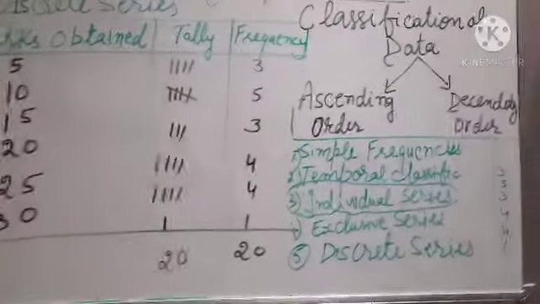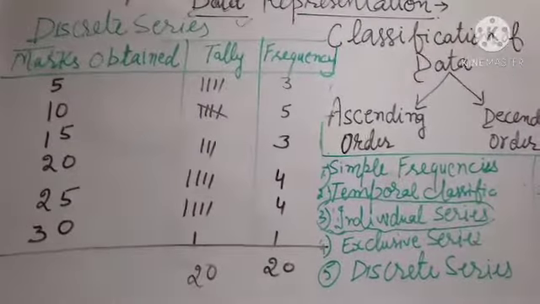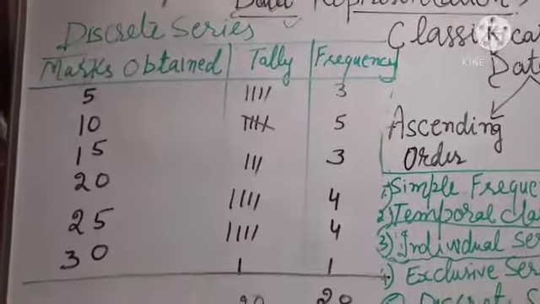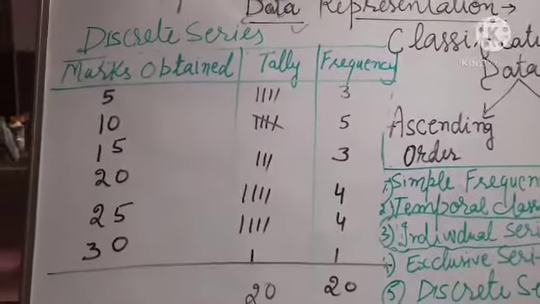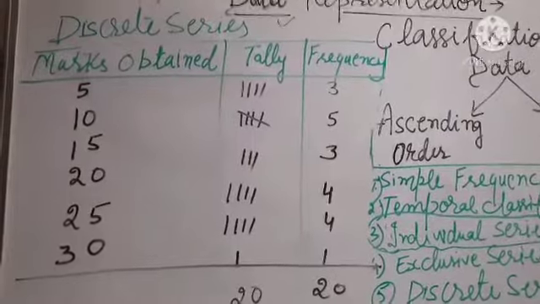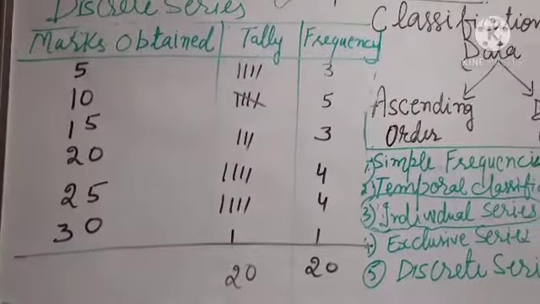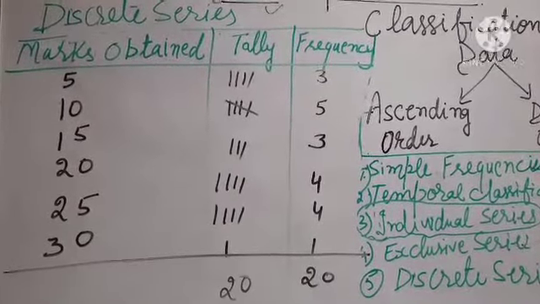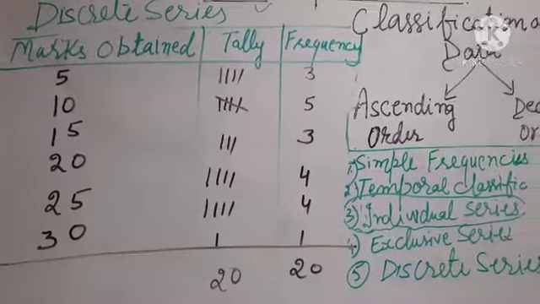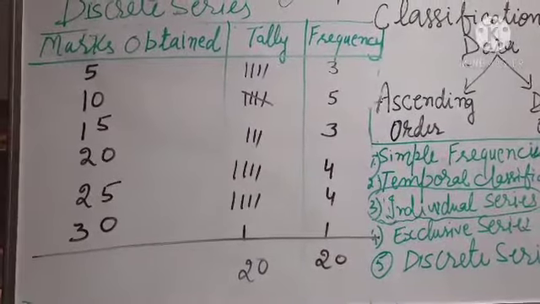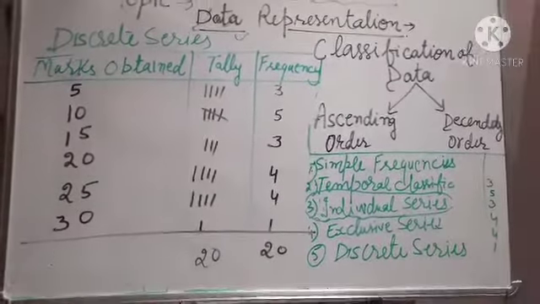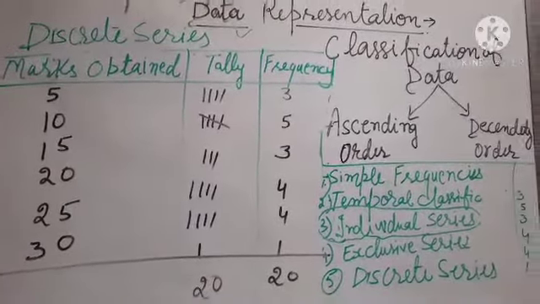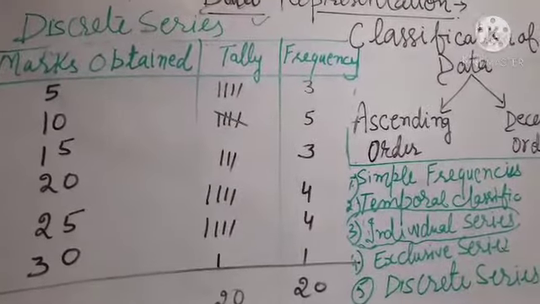So the next step, dear students, is that according to these methods, I am going to tell you about the discrete series of this marking, whatsoever data representation. So first we have to take marks obtained, students obtained. I told you to take a screenshot of the previous table; according to that you keep counting. I have already counted and you have to confirm. For any doubt you have to make a phone call to me and send me a message.